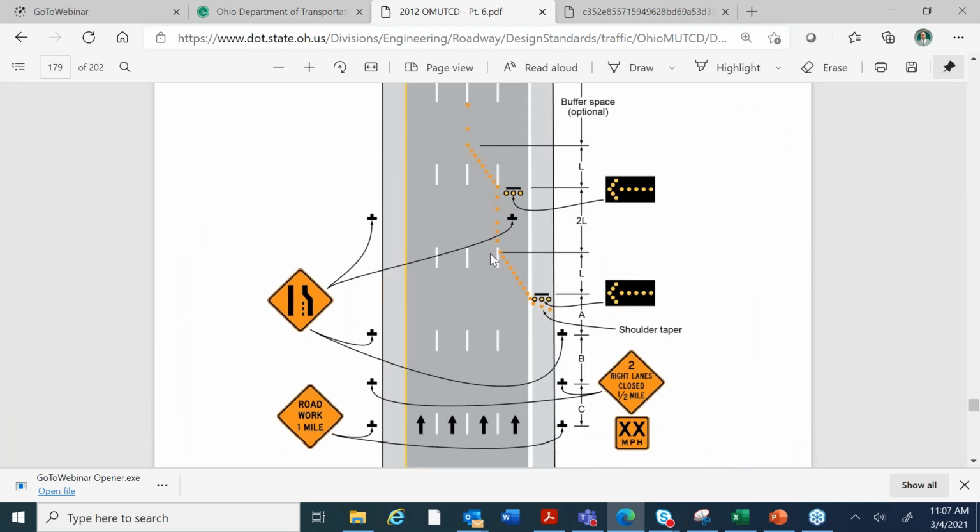So this taper here, the very first one, the way to do that is take the length, which is 660, divide it by the spacing requirements, which is the speed limit, so that's 55. And then the tricky part of the question is to add 1, because the very first drum is going to go on the white edge line, and then you put your 12. So I'd say the answer is 13, but